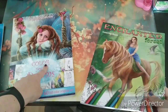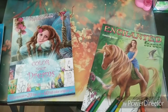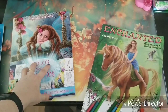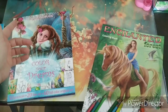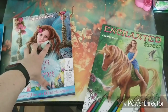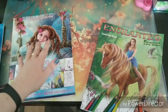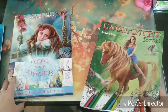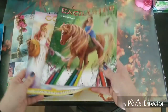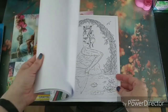Together with this one was another coloring book. Her most beautiful works, 100 pages, part 2. She has a part 1 and a part 2. The part 2 was sent together with this one, and I did color in a page from that book, but that is visible in another video. But anyway, quite recent books, so I will definitely be tackling